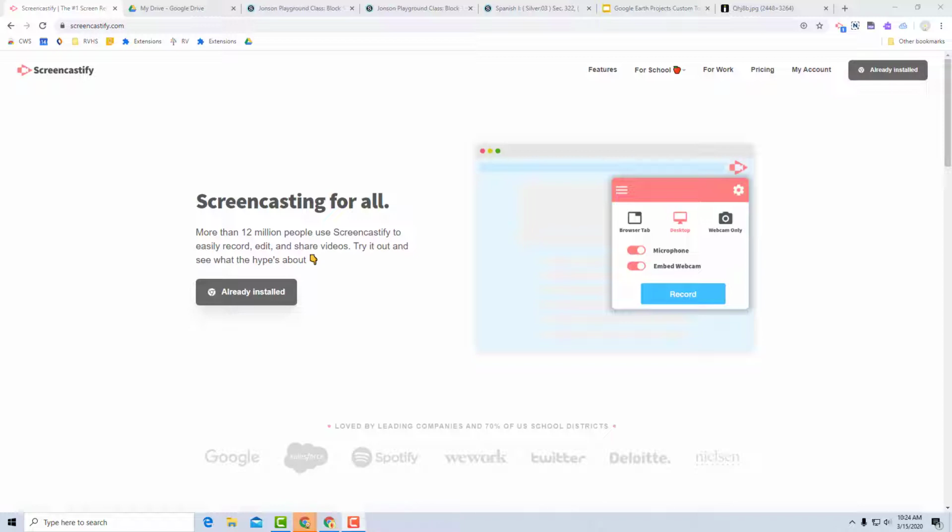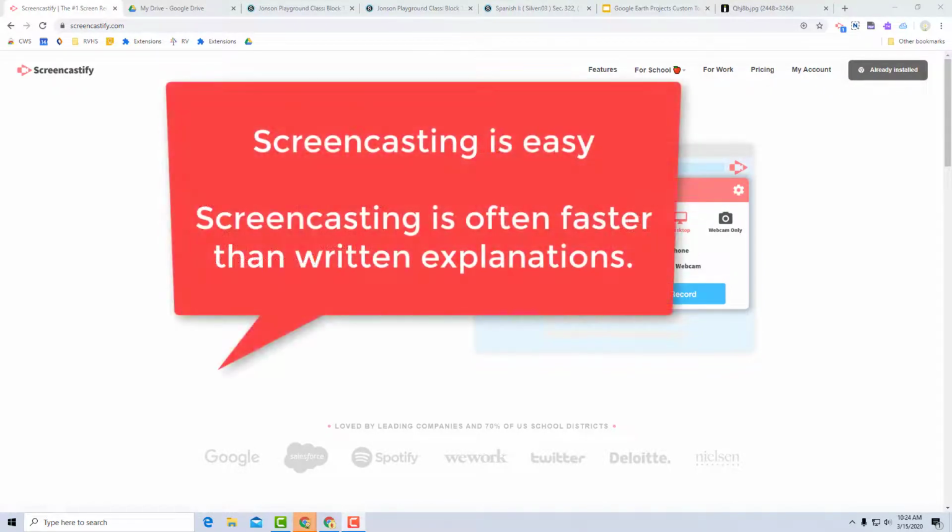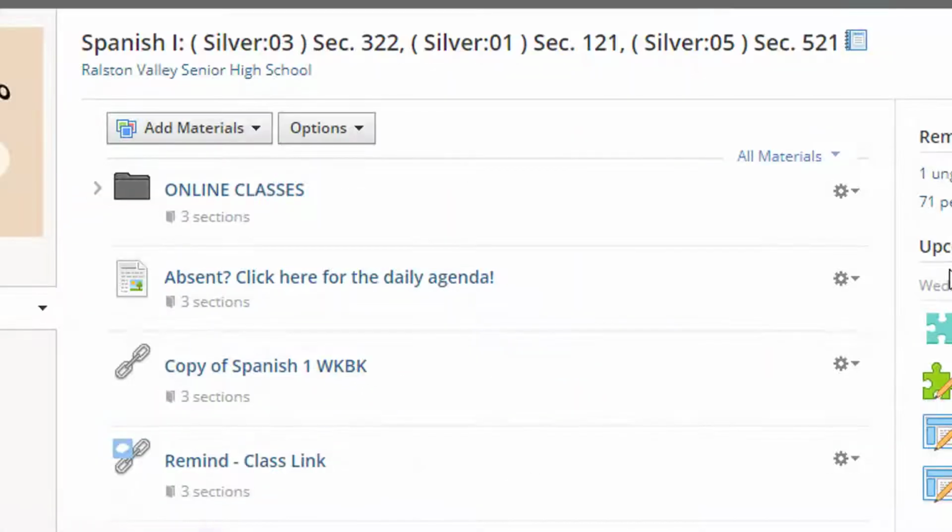I was an online English teacher for a few years, and screencasting quickly became my favorite time saver since it's often easier and faster to explain something verbally and visually instead of through writing and back and forth emails. You can create a screencast announcement to explain the directions for the day or the week instead of having to